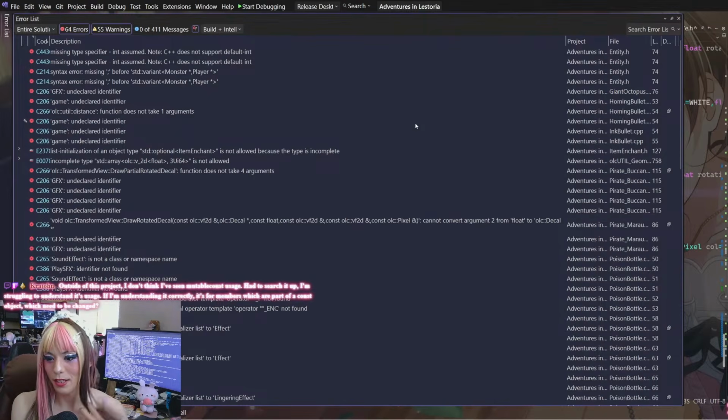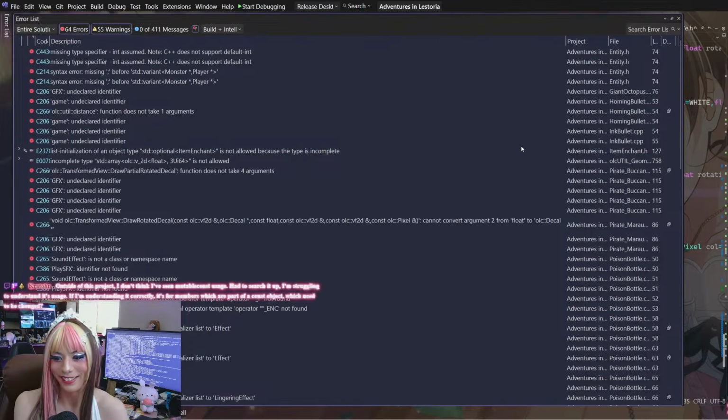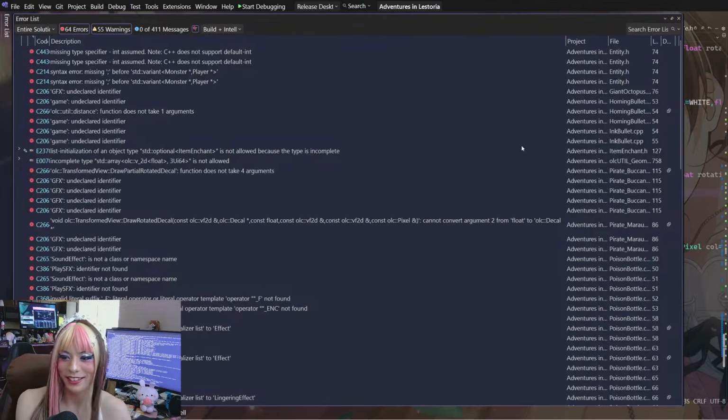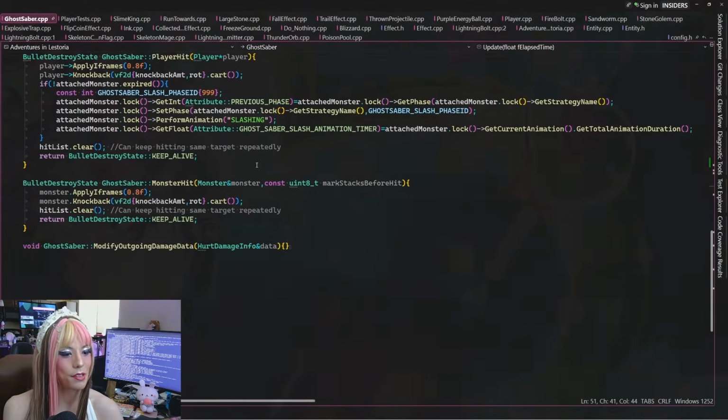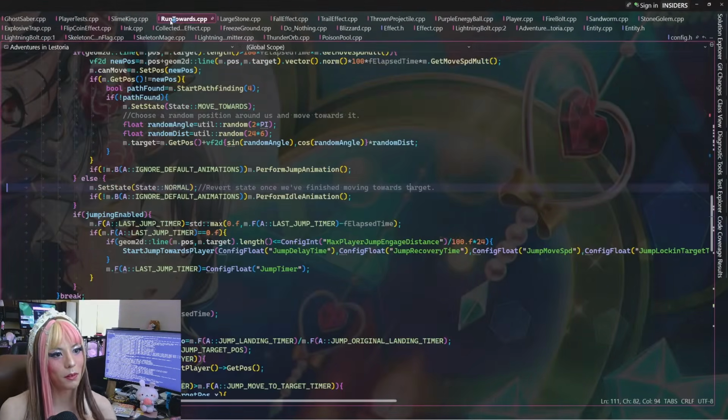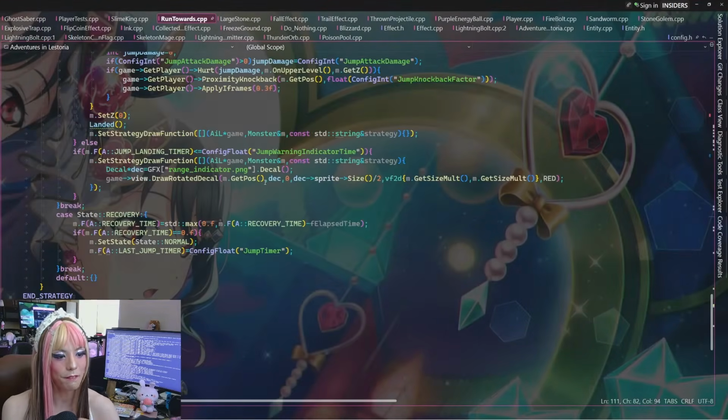Outside of this project, I don't think I've seen mutable const. Had to search it up. Oh, I just made it up. That's not a real thing, by the way. Is it a real thing? If I'm understanding, mutable is for members which are part of a const object which need to be changed. Like if you have a const function, you can use the mutable keyword to override it, but still keep the function const.